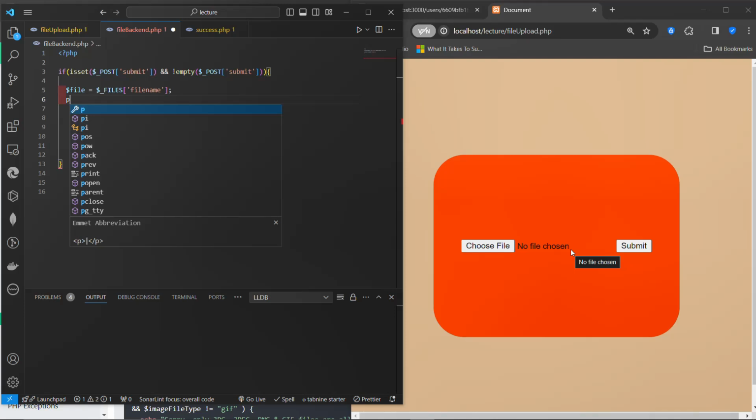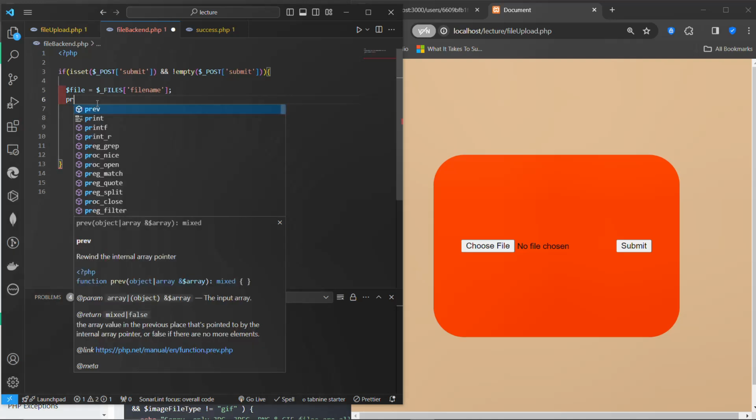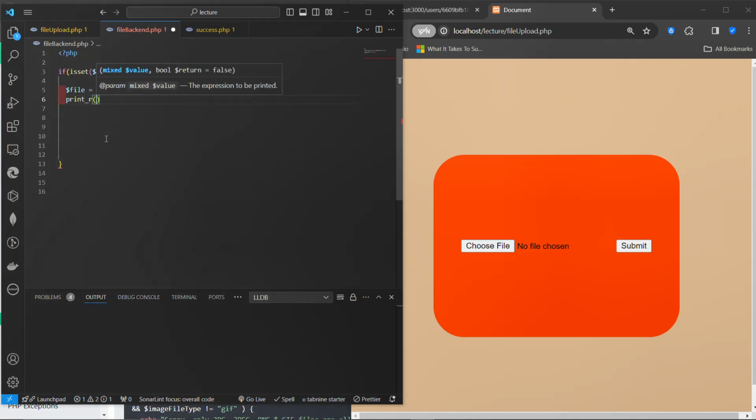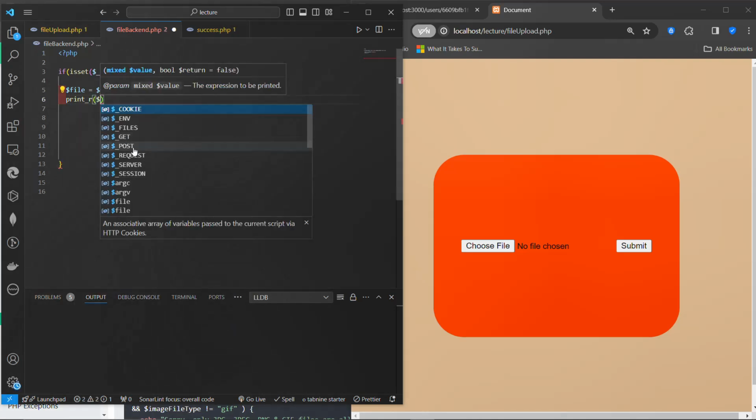So now, what we are going to deal with today is images. So if you are sending an image, always know that image is being sent as an array. So what I want to do is that when I click submit, when it goes to this file upload page, to this backend page, I want to upload the file, so I will show you how it's being sent. So let me print r. Because like I say, it's being sent as an array, I'm going to say variable file,